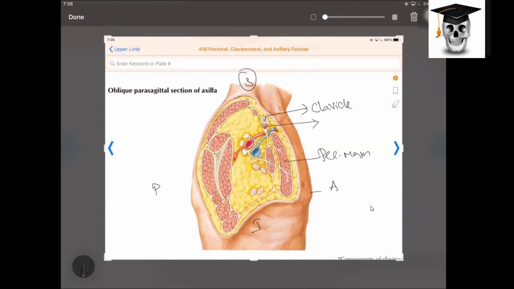That is which muscle? Subclavius. Right. And around this, can you see the whitish fascia which is coming down? Clavipectoral fascia. All okay? Right?